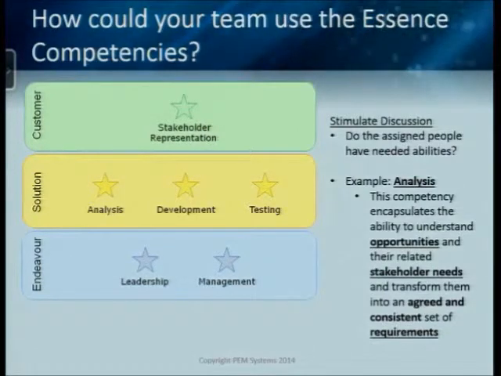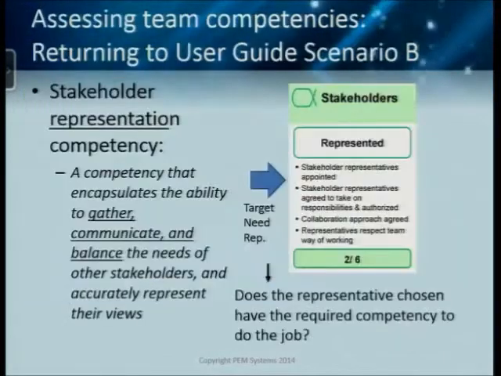One of the things that this gets people to think about: you go into a lot of companies and they have people with the title analysts. And I see this, and a lot of them are tied into some tool. A common one in big companies is a requirements tool like DOORS. Yes, they're doing traceability, and they're making sure all the traceability is there, but they're not talking to anybody else. If you look at this competency, this is where the root of a lot of problems happens. We're making sure we have all this traceability, but are we making sure we're getting to the right requirements that meet the stakeholder needs and getting out and talking to the right people? It gets you thinking about that.